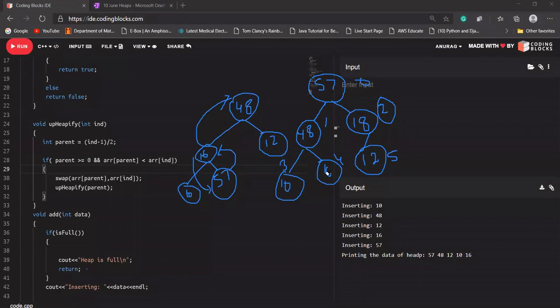Again, if some value greater than 16 comes here, you are going to check it with this value. This value will be checked with 18, 18 will be checked with 14, 48, 48 will be checked with 57. In the worst case, it will be an O(n) solution. So here we are trying to do it in log n, and we know that log n is way less than big O of n.